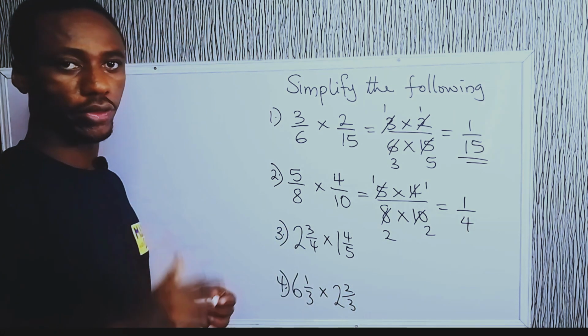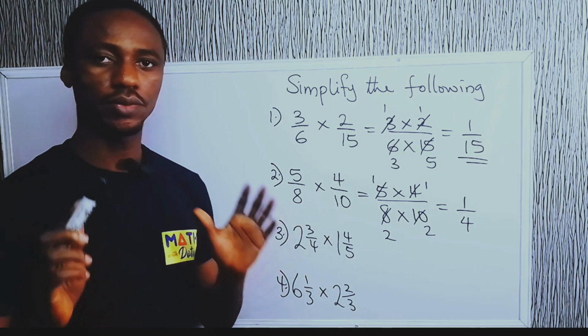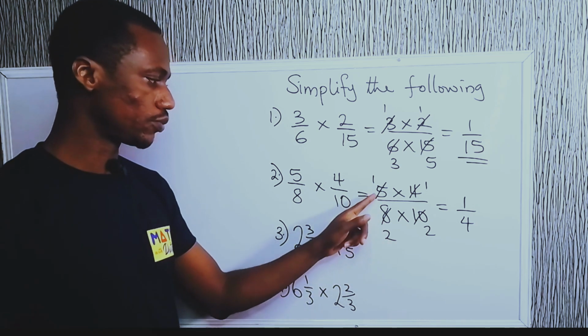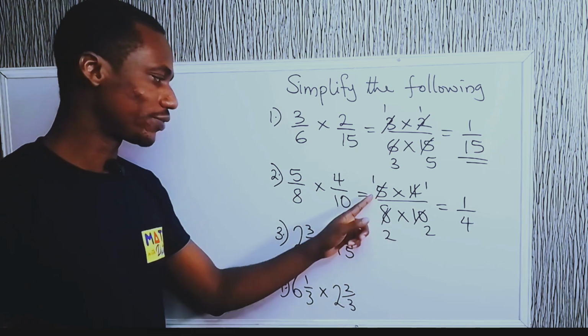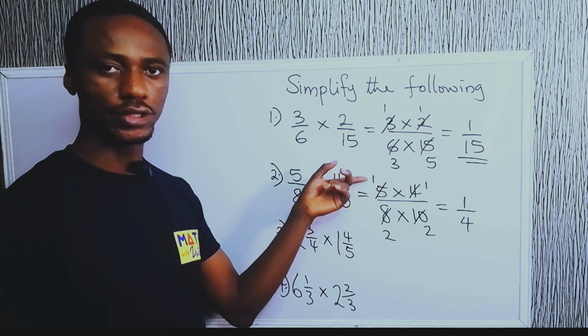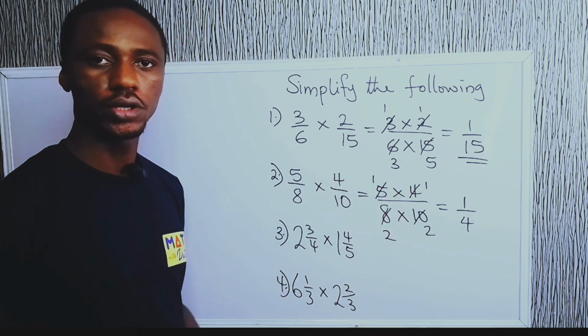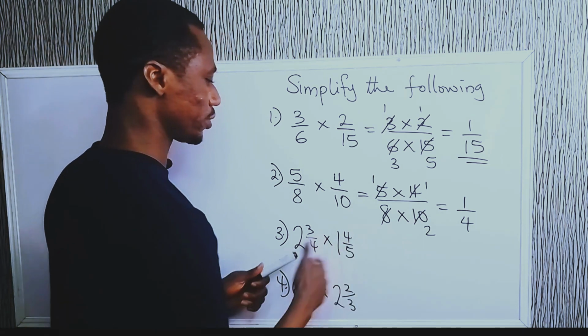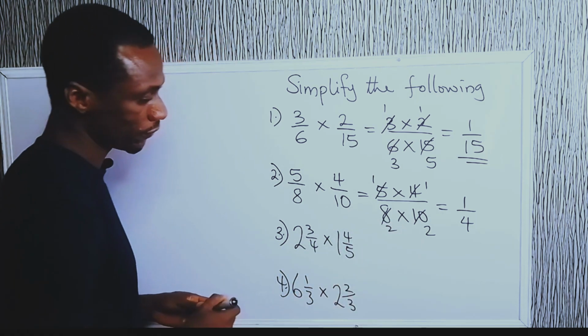When you're using this method, it's important you cancel out the ones you have reduced. So this means it's no longer 5, and 5 does not exist here any longer. And what we have there now is 1. So you have to cancel out the ones you have reduced. Okay, so that's for that. Let me shift this up a little. Okay, for